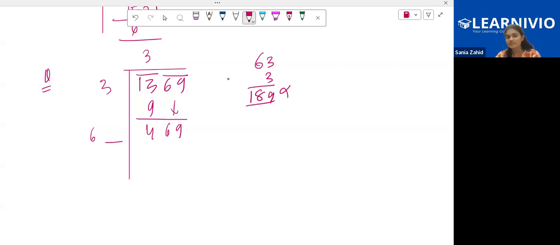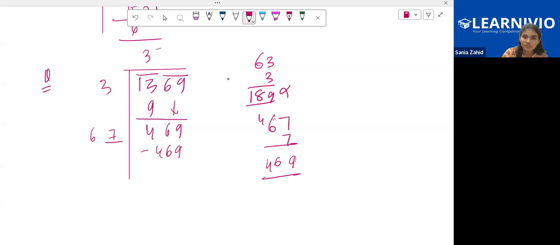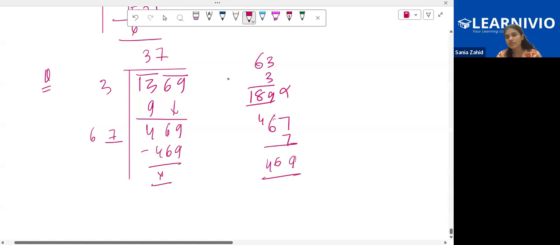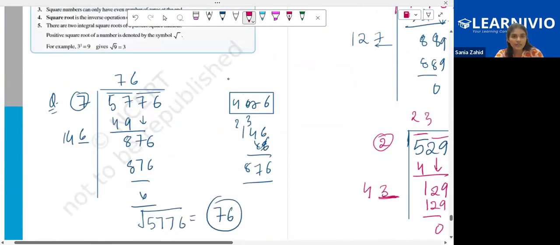That's correct. So 67 into 7. 7 times 7 gives you 49. 7 times 6 gives you 42, plus 4 gives you 46. So you have under root 37. Under root of 1369 gives you 37. Clear? Okay. Next we have